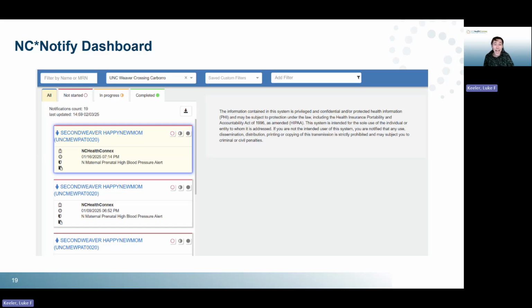Also, you'll see there are tabs, and these organize the alerts by their status. So we do have all alerts. We have a tab for not started. That's the default for new alerts. We also have an in progress tab, and those are the cases you're currently working on. And we have the completed tab, and those are the alerts that you have followed up on and completed and